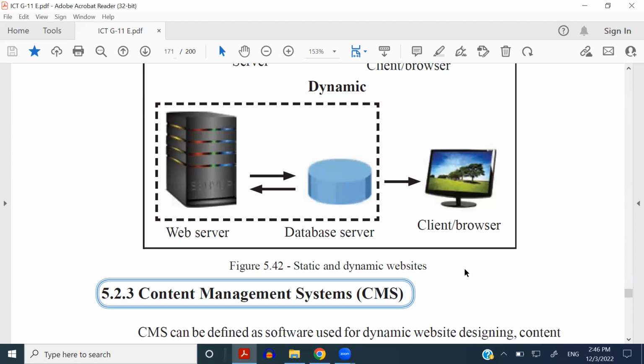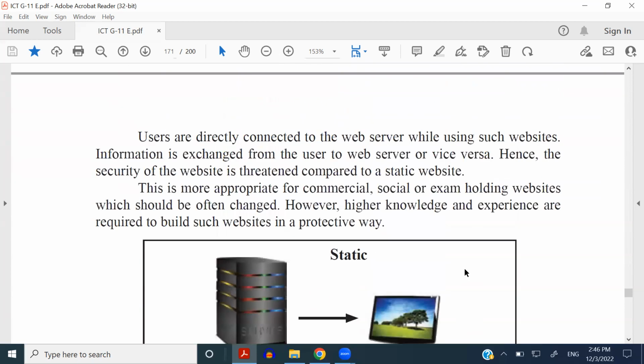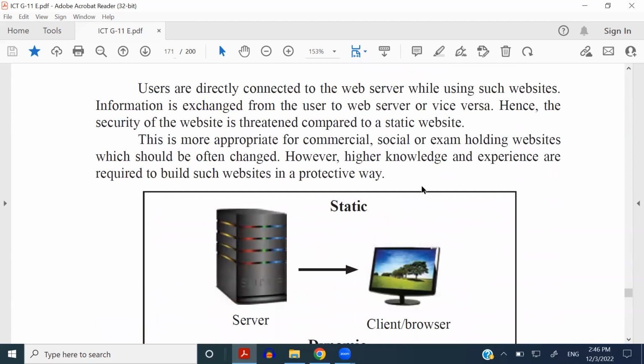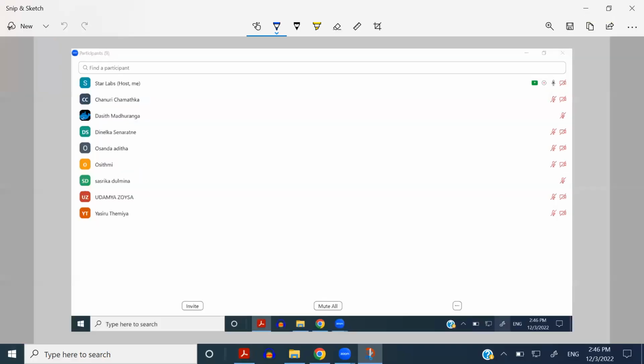Right, people, have you got the idea about the static and the dynamic? Yes, everyone? Okay,